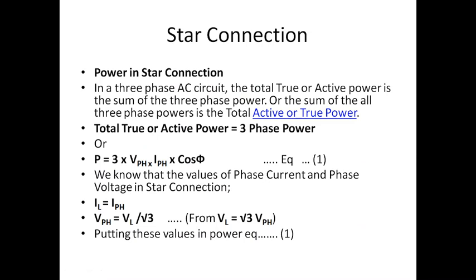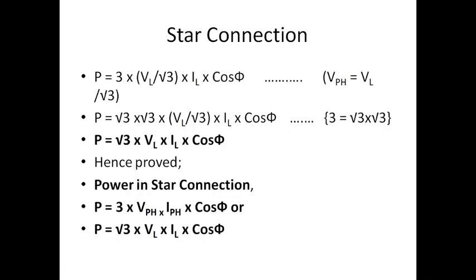And a very important thing that comes here is power. How will you calculate power? The power formula is P is equal to 3 EPH into IPH into cos phi. Phi is the angle between your voltage and your current. Why have they specified 3? Because we are dealing with a three phase supply. EPH is the voltage in the respective phase, IPH is the current in the respective phase, and cos phi takes the angle phi between these two, voltage and current. So in this manner it is there.